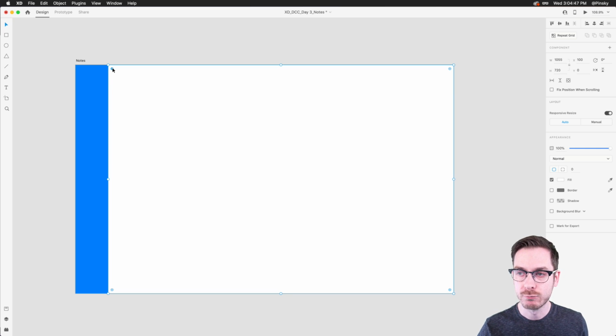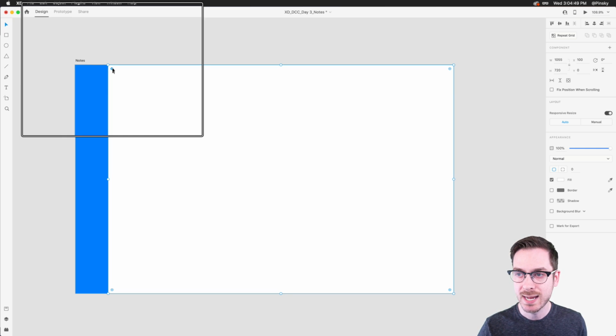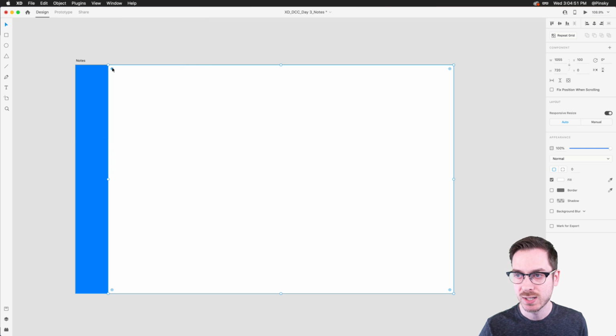I may also want to round out the corners, so I can grab one of these handles on the inside of this rectangle. Same thing works for polygons as well, and just drag these inwards. You can go crazy if you want to. It's probably a little bit too crazy, but I'm going to bring it back just a touch.